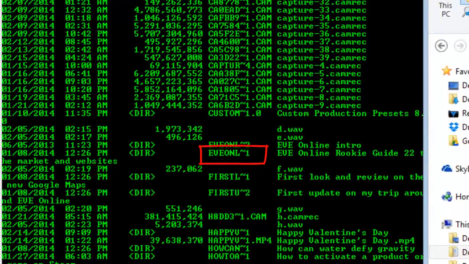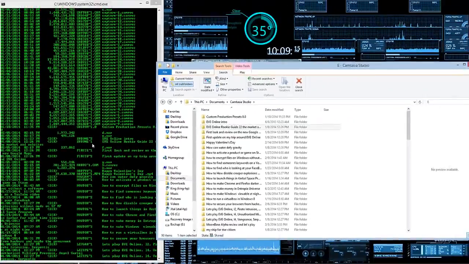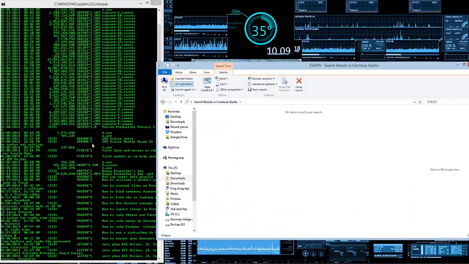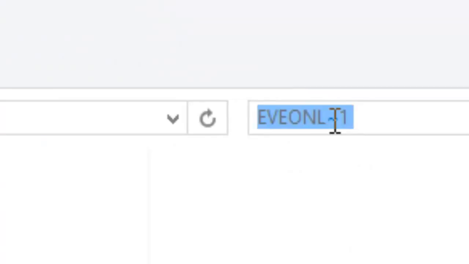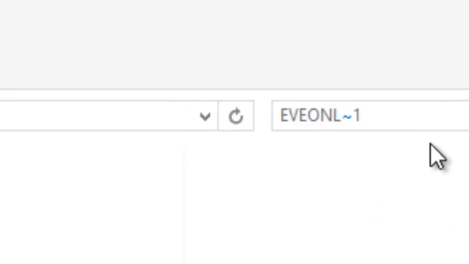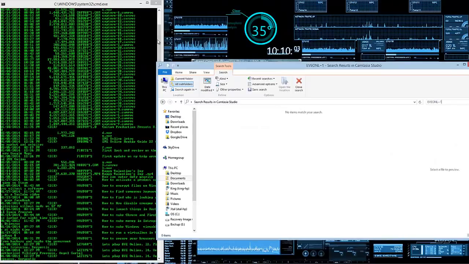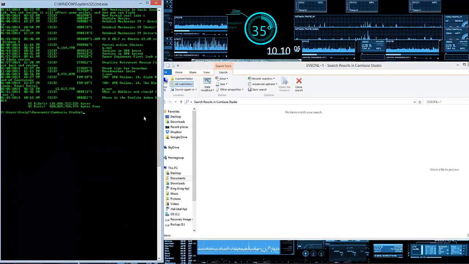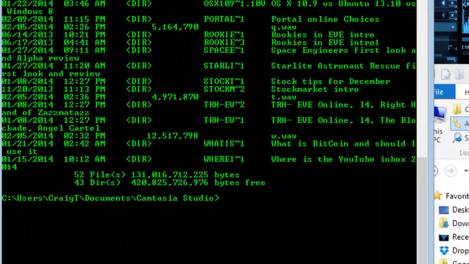As far as this goes, we want this middle part. And since we're going for this, we're doing EVE ONL, this thing, and then 1. As far as the symbol next to the 1, I'm not really sure what that's called, but just press Shift and 1, and you should get it. So now that we have that, scroll down to the bottom and let's type in the following: